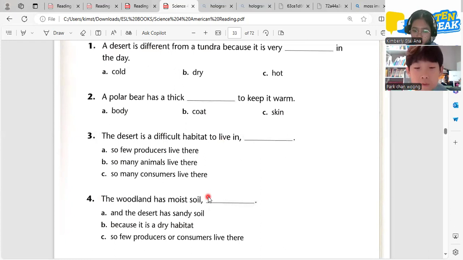Okay, that's true. When you go to the desert, if you see plants, they are very small, like cactus, plants that can survive in very dry and hot places. So not like in woodland where you can see a lot of trees.